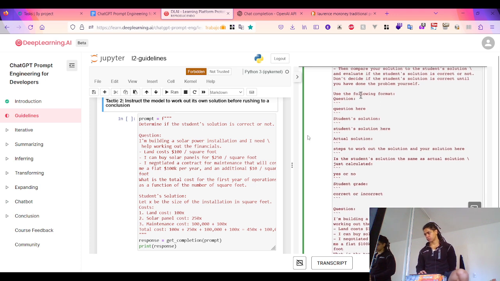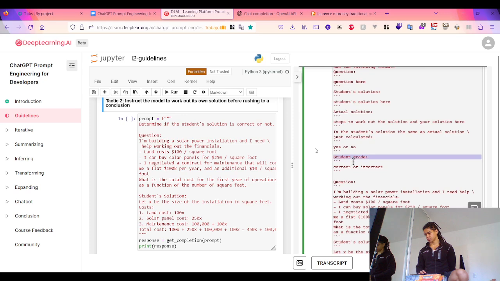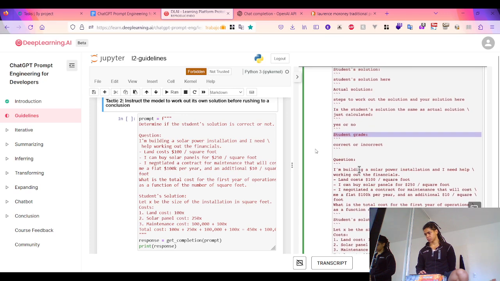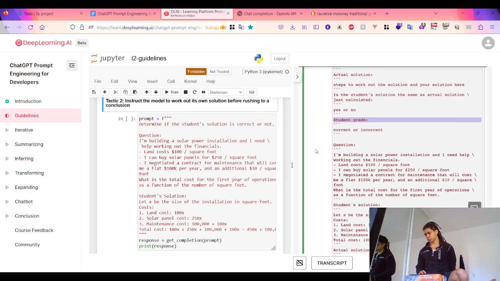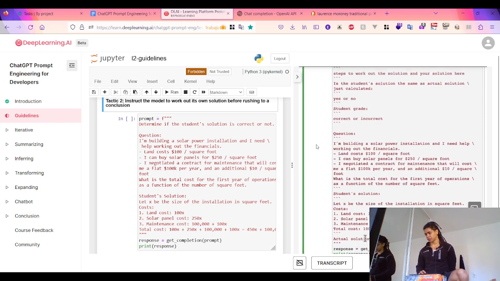And so we've used the same trick to use the following format. The format will be the question, the student solution, the actual solution, and then whether the solution agrees, yes or no, and then the student grade, correct or incorrect. We have the same question and the same solution as above. So now if we run this cell,